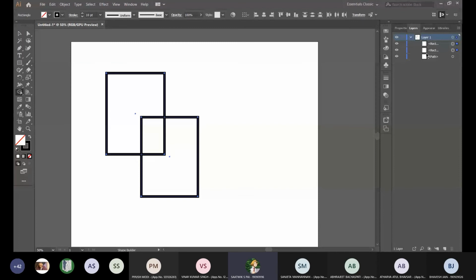Now be careful. Also keep an eye यहाँ पे क्या चल रहा है, ठीक है? At the moment, I have two rectangles, rectangle 1 and rectangle 2. Now keep an eye what is going on here. Okay, in the end I want just 1, 2 and 3 shapes to exist. I go once, ठीक है, and I go twice. But अभी 4 exist कर रहा है. What is this? What is the new one?